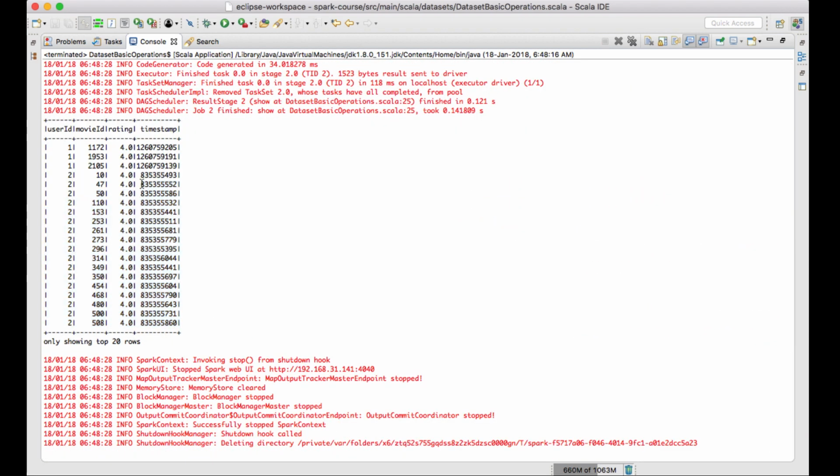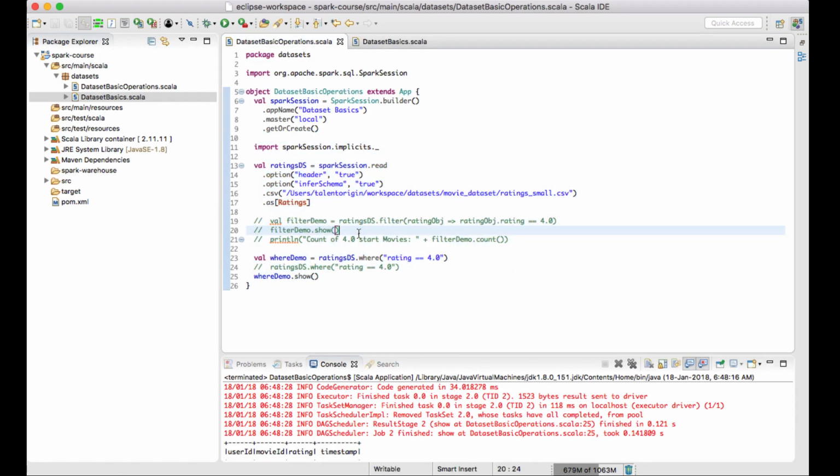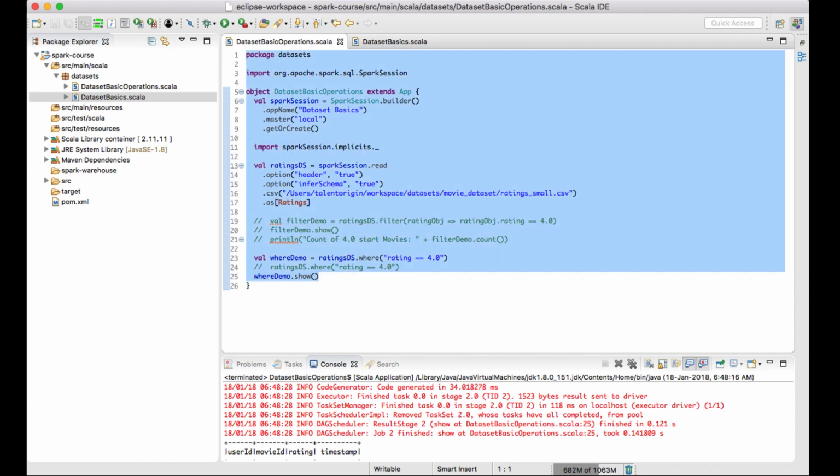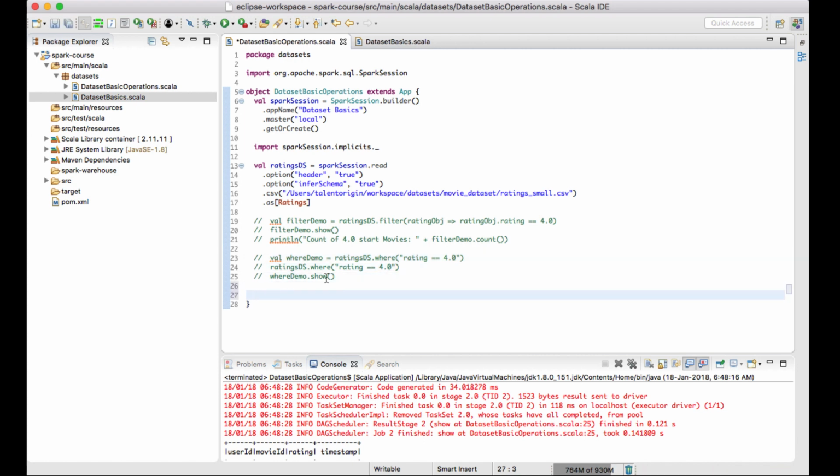Okay, this is how we can use a filter function and a where clause over a data set. There are other functions like select function and other stuff. The select function is a little complex to understand when it comes to the data set. The reason why I say that is, suppose we have this ratings data set and I want to select only